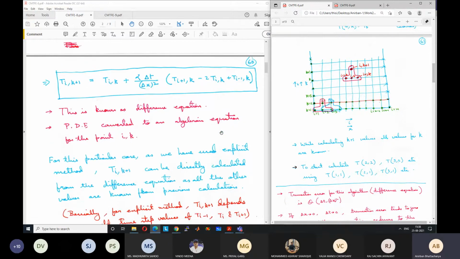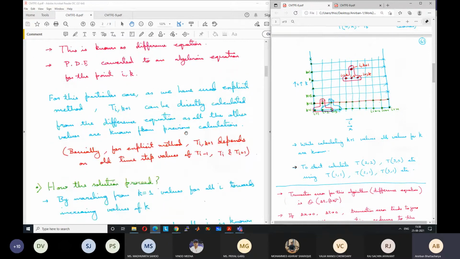This method that we discussed in detail is known as the explicit method. Why is it called the explicit method? Because you can explicitly find the value of the temperature at any point based on the previous points. You don't need an iterative solution, or a simultaneous solution of all the equations. Just by solving one equation for one point, you can directly get the value for that point, independently.